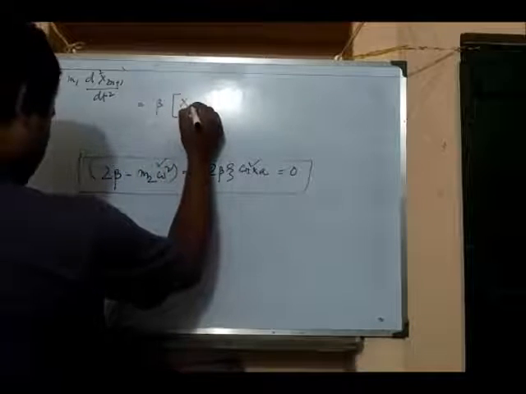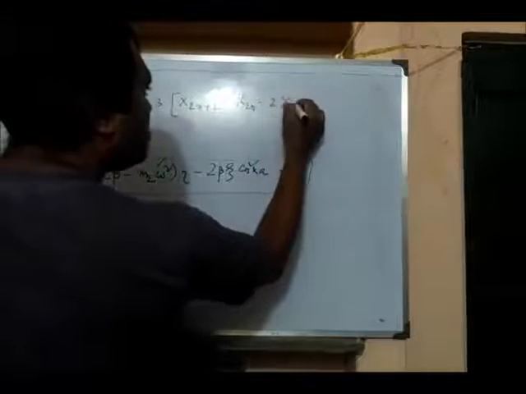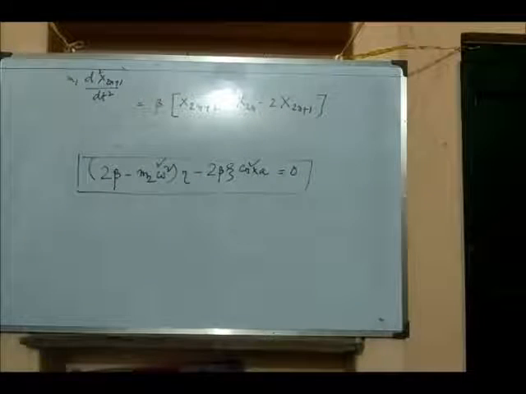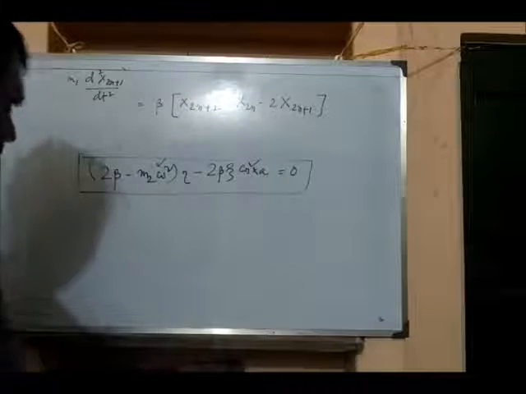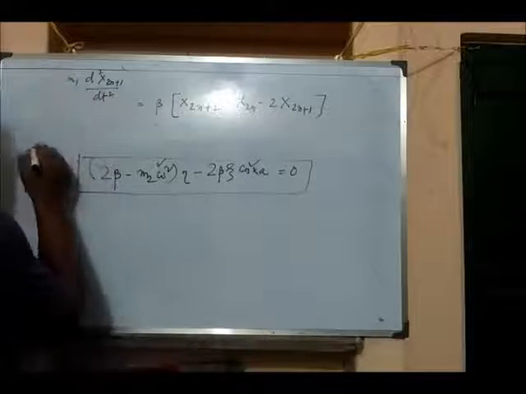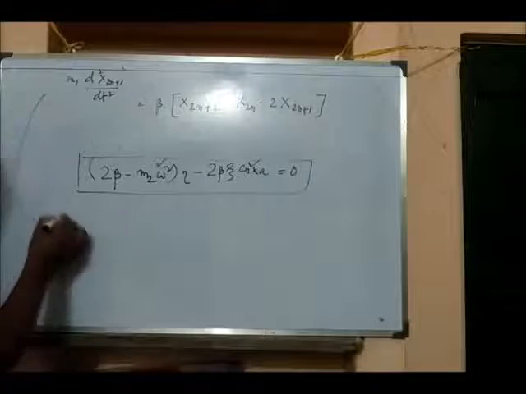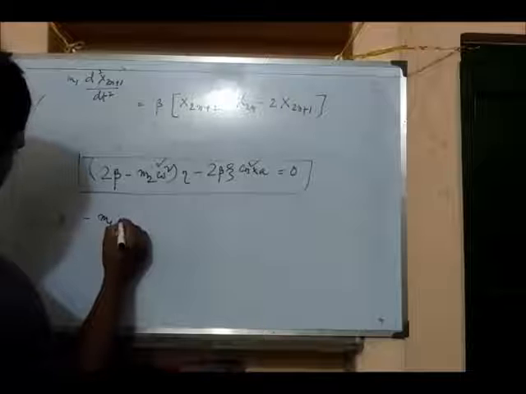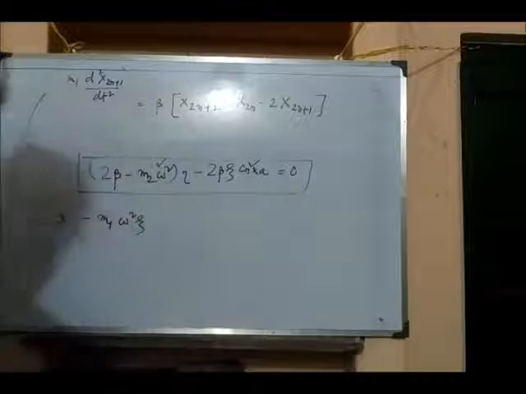So β(x₂ₙ₊₂ + x₂ₙ − 2x₂ₙ₊₁), right? Now if you replace all these terms here, as I have written in the case of the previous equation, what you will get in the left hand side is just minus m₁ ω². As this is an odd atom, the amplitude will be ψ,